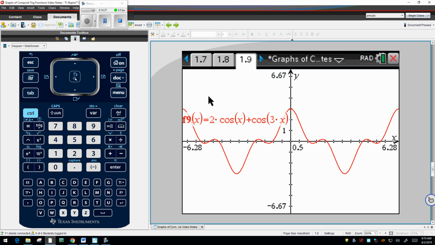Not a sinusoid because it doesn't look like a sine or a cosine graph. So they want us to find it graphically. In other words, take a look at the graph and see how long it takes for the function to actually repeat itself. And since the window that I have is from negative 2 pi to positive 2 pi, and I can see this happening twice, that means I have